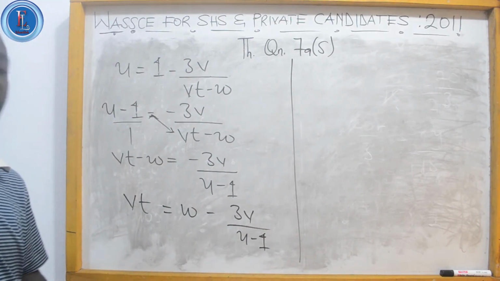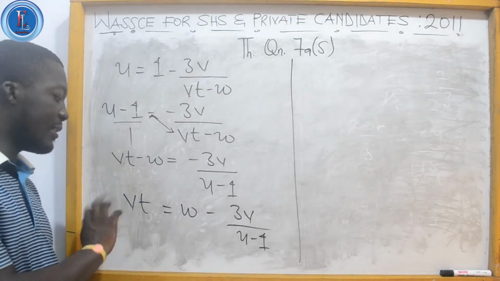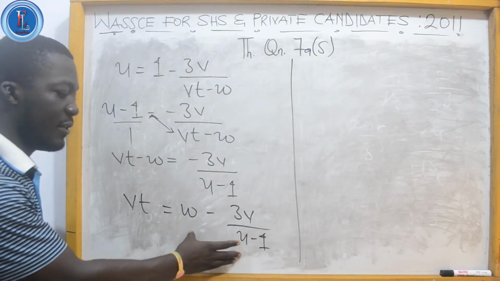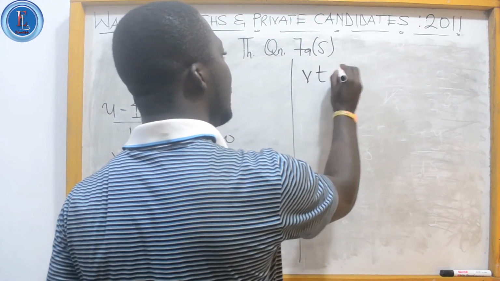Now before we divide by V to get T, let's try to simplify what we have at the right hand side. So you can get VT is equal to